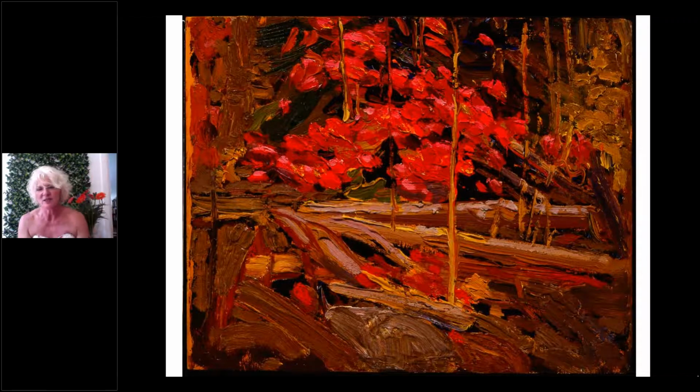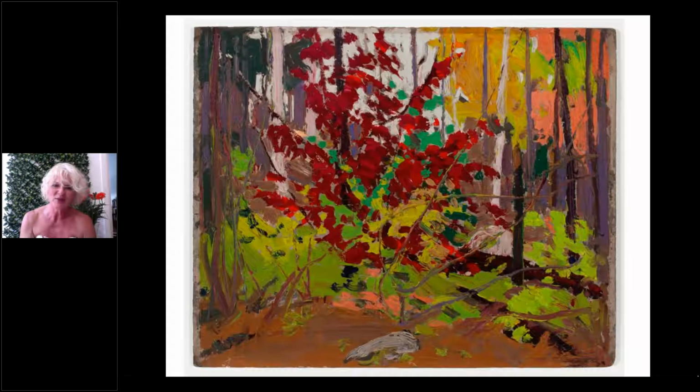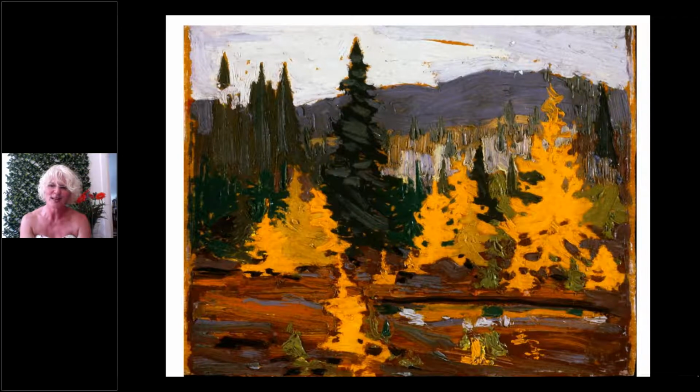And this particular painting of the sumac tree is one of those tiny little pieces that are extraordinary studies of trees. He loved the sumacs. Here you see one example, and here you see another example of a sumac tree. So many times painting the trees over and over again. Here we have tamarack, and those are the yellow images that you see in front of you. And oh my gosh, in the fall they are stunning because you don't expect these trees to turn yellow. And it's an unusual kind of yellow.